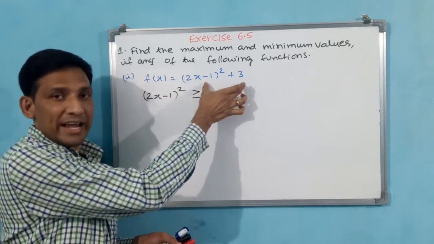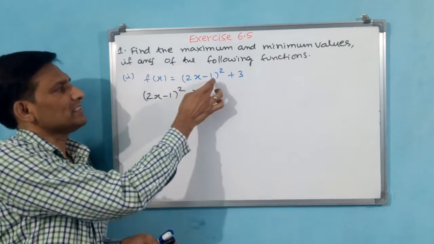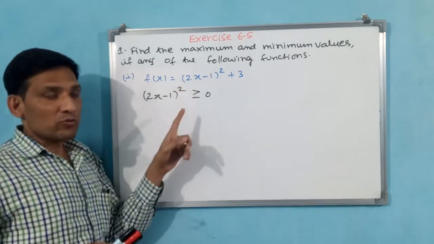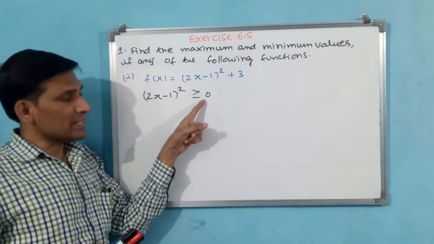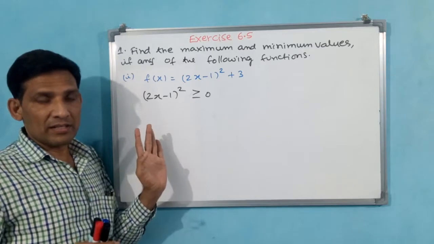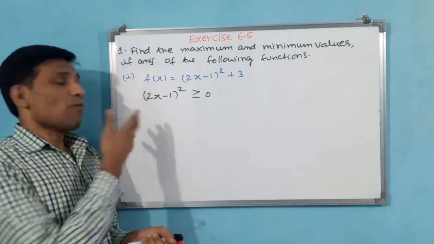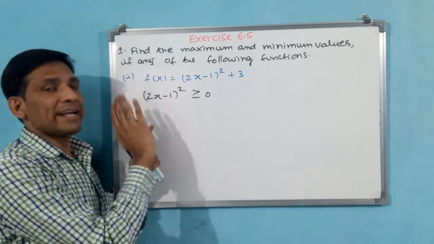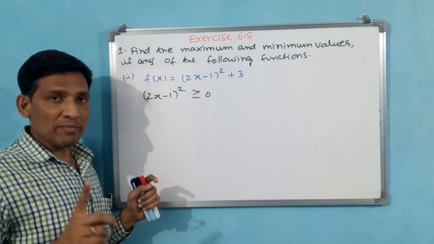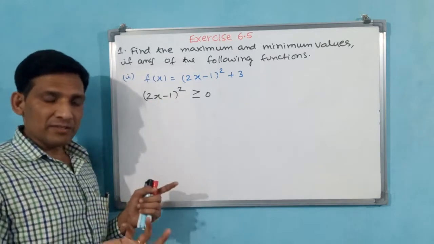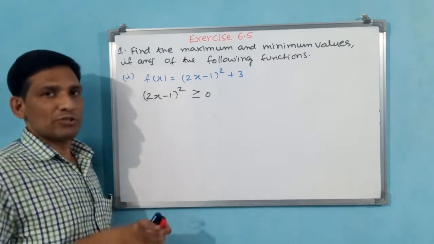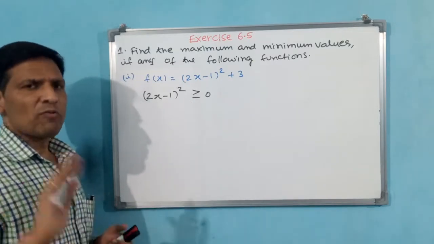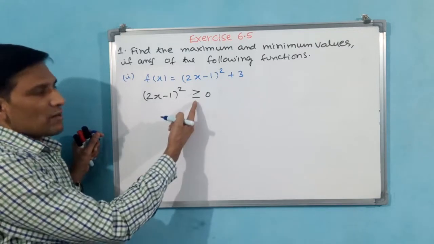I am not talking about the entire function. I have split the function; I am tackling only (2x minus 1) whole square now. First, (2x minus 1) whole square is either equal to 0 or greater than 0. Is it correct or not? Correct. Whatever x you may take, that is a different thing, but this entire thing becomes either 0 or greater than 0. It never becomes less than 0, because the square is there. Even if a negative comes, the square makes it positive. Greater than 0 means up to infinity it may go. We don't bother about infinity. Now we bother about equal to 0.